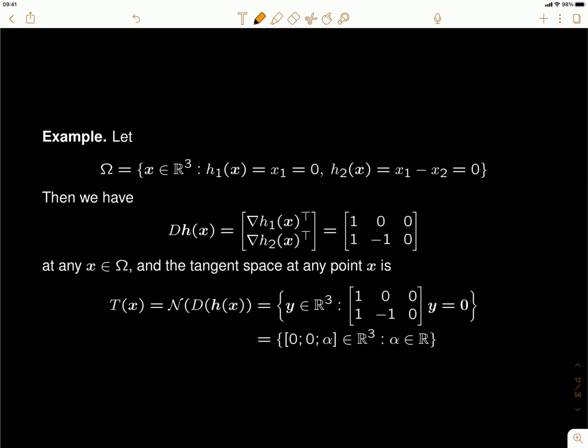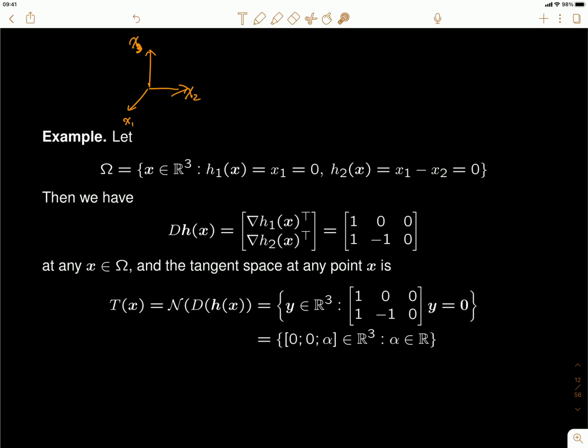The reason is the first one tells us that x1 has to be equal to 0. So imagine that you have this three-dimensional space, x1, x2, x3. And x1 equals 0 means that we must be living on the x2, x3 plane. And the second one tells us that x1 is equal to x2. So in this case, x1 is 0, x2 is 0, so we can only live on the space of